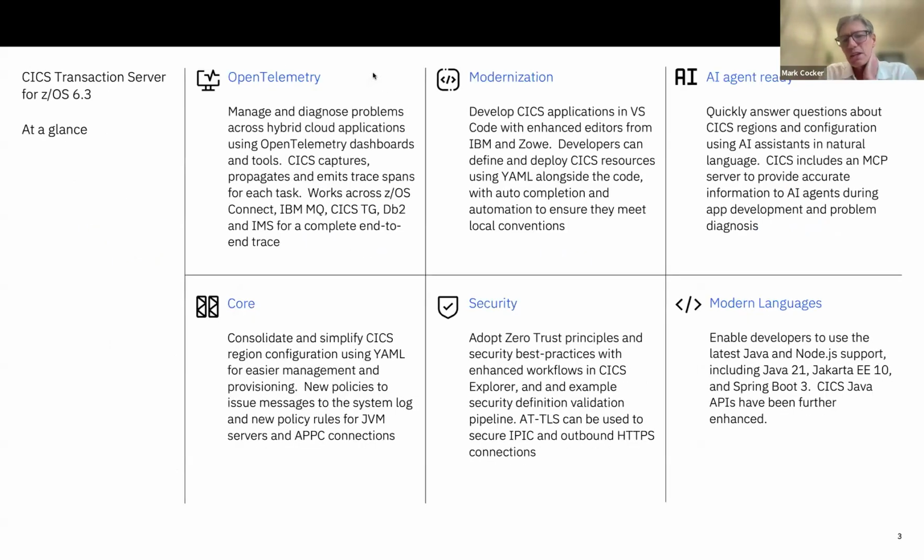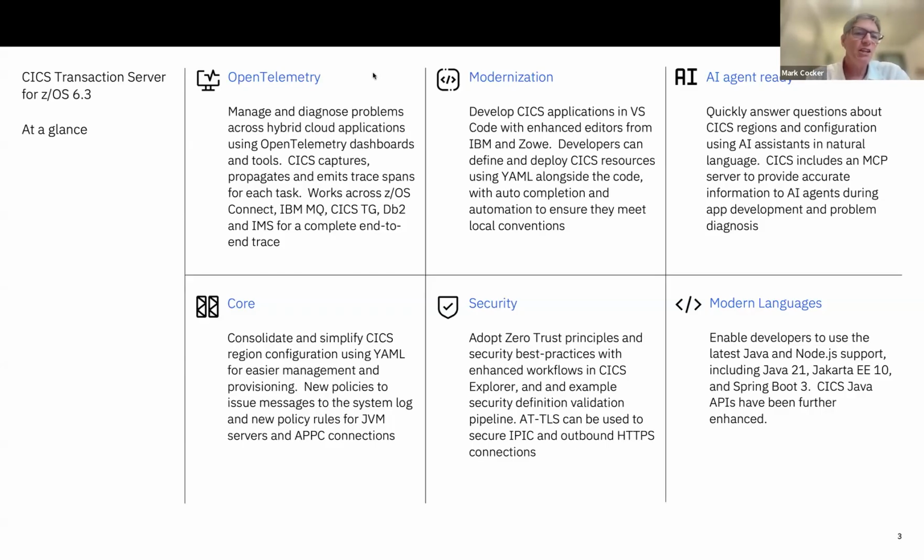So if we move on to what's new in 6.3. As I mentioned, we just GA'd last week. Some of you have been on this journey with us, and thank you if you have and contributed your ideas, and if you've been participating in the CICS Design Partnership and the Open Beta, and perhaps you're a vendor as well, taking our betas and testing. I do thank you for joining us on that journey. And if you've not, look forward to the next journey. We've not quite started our next Open Beta, but watch this space in the next few months. We'll be going around that cycle again.